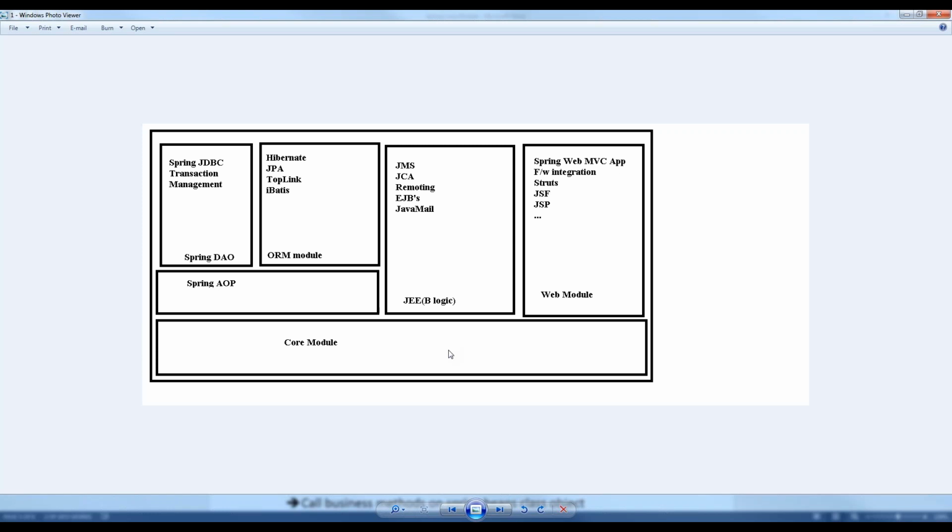By seeing this, we can easily understand that the core module is the base module for all the modules. Spring allows for how many containers? Spring allows for two containers. One is the bean factory container, and the second one is the application context container. Bean factory container is the core container,